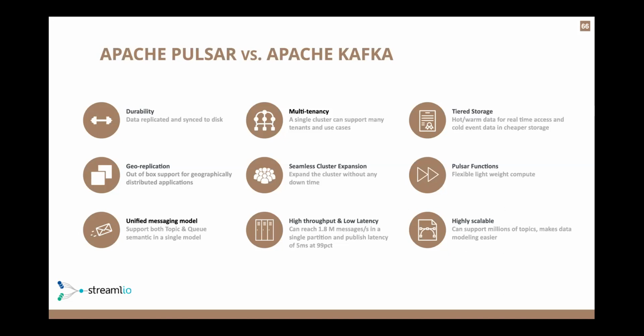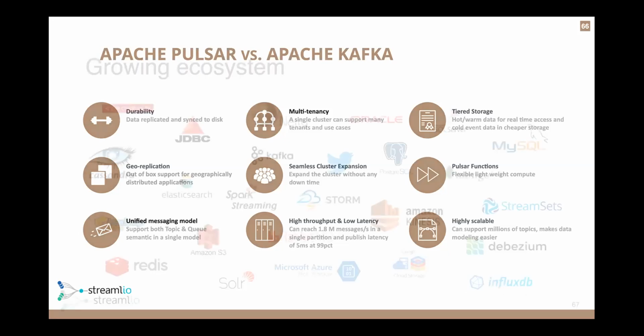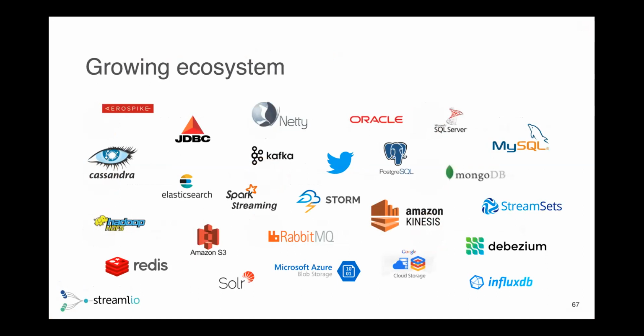And then highly scalable. It's been proven in production for millions of topics, which is again a pain point for Kafka. They used to be able to have much less. They've recently increased. They're very excited they can get up to 200,000 topics. That's great. We can do 1.8 million, 2.6 million without any problem, which simplifies your programming model. Topics become basically cheap, and you can throw them away. You can stand up an intermediate topic, throw it away, and not worry about it too much. It makes data modeling much easier to have multiple buckets to store your data in without worrying about artificial constraints by the system.